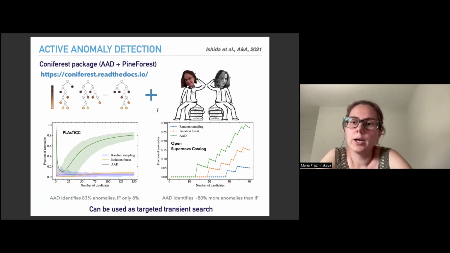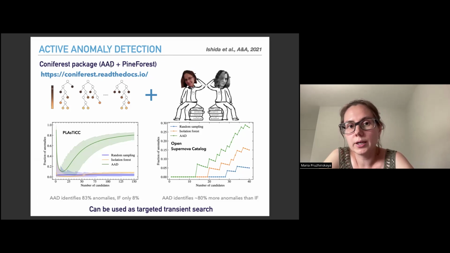Those 2 assume that there is an interaction between the machine and the human. So the human could provide their expertise, their opinion about each object back to the algorithm, at each step of the pipeline. So the algorithm could learn from the expert what kind of objects are interesting and what kind of objects are not interesting. How does it work?